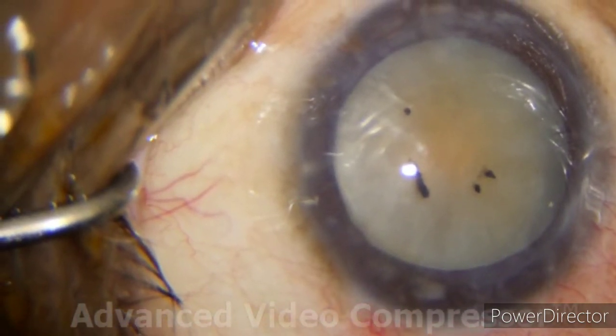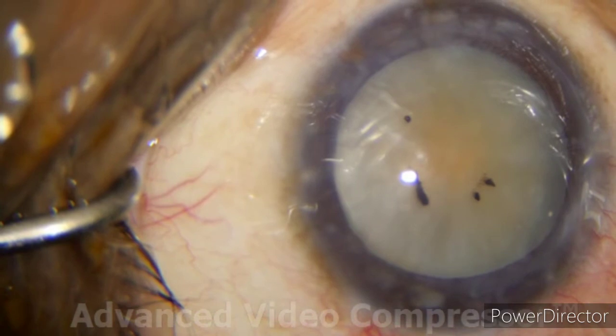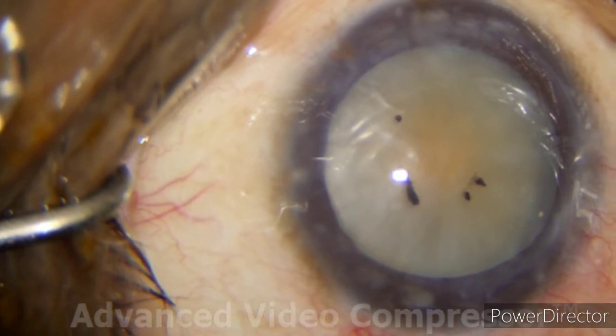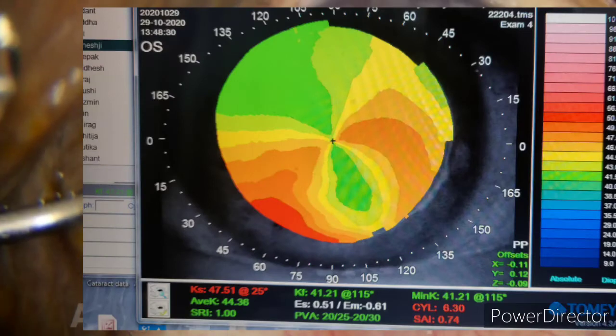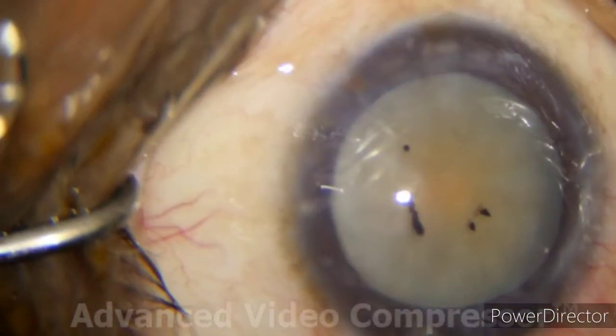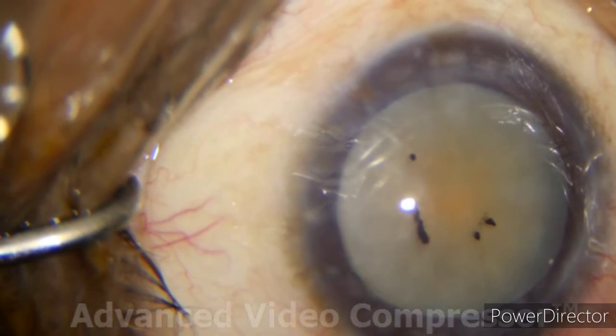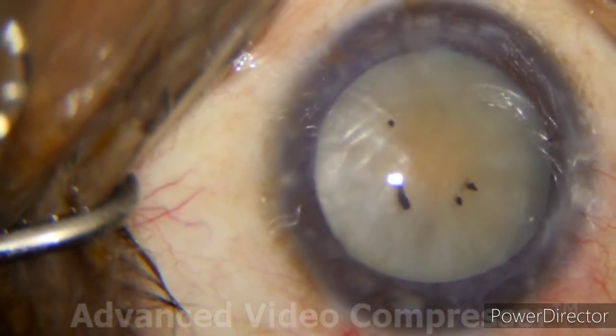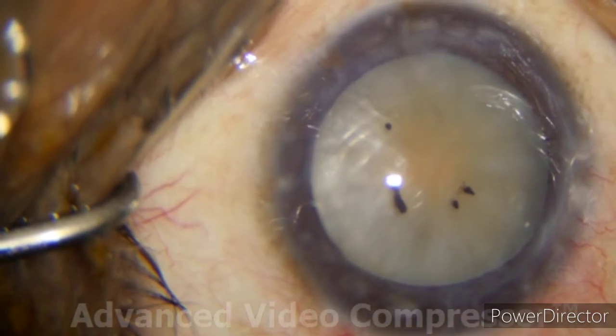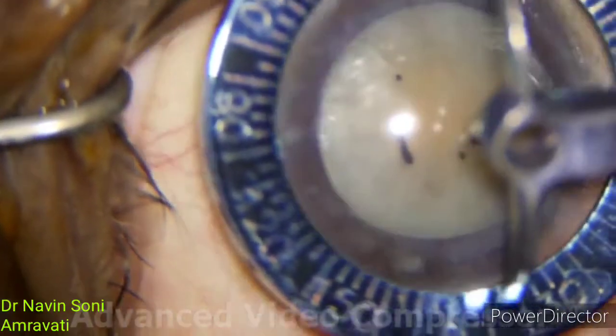Auto KR was done, which shows astigmatism 6.24 diopter, so a topography was done which also showed astigmatism of 6.30 diopter with a fairly regular astigmatism in central 3mm zone. Patient was advised toric IOL implantation, but as this much higher correction is not available in routine toric IOLs, customized toric IOL ordered from Care Group, which manufactures plate haptic customized toric IOL.